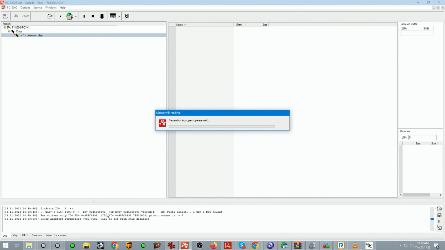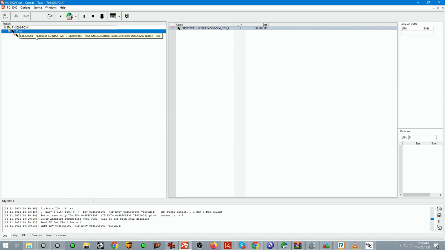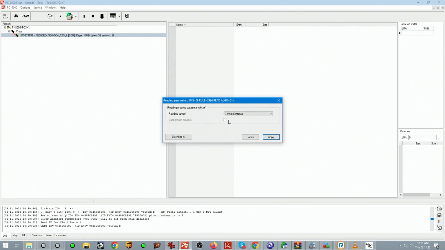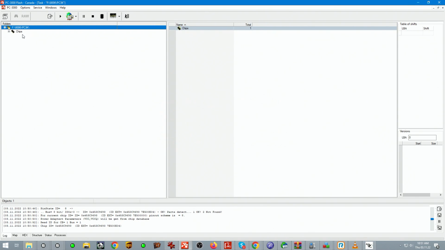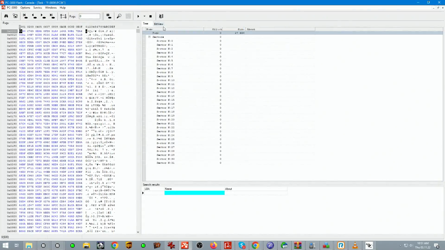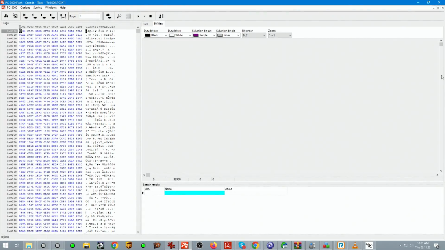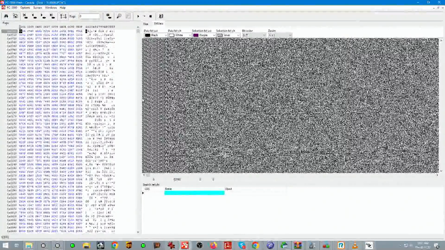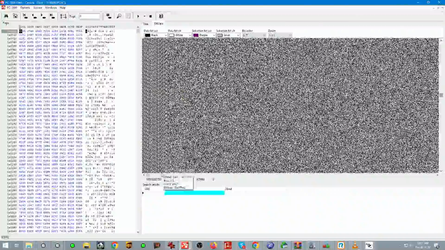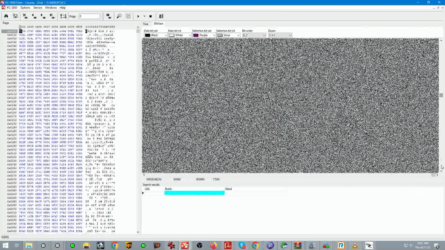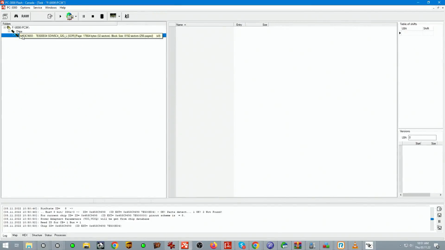We can see the proper ID come up. We go into read chip direct mode. Page designer, just to make sure we're not experiencing any delays or shifts in the data. Everything looks good to me right here because we have our service area right there at the beginning, and we reach the end. So now clear it,